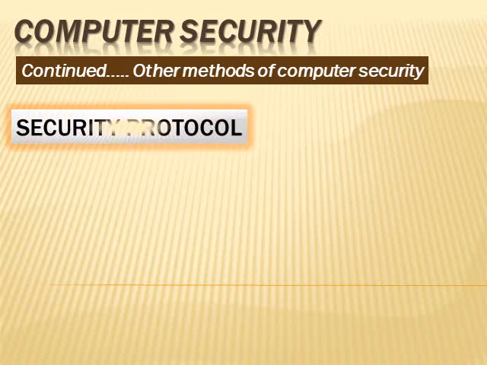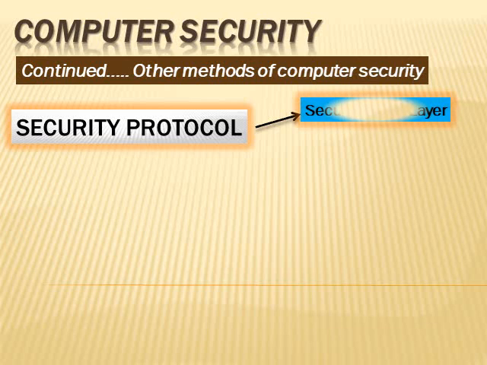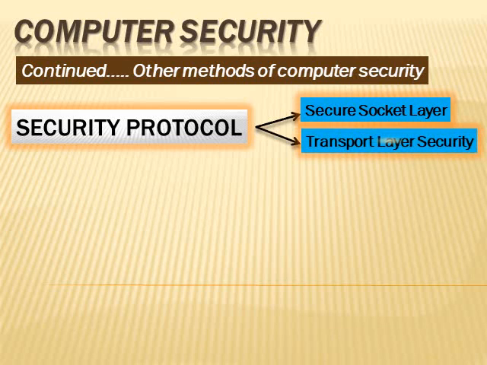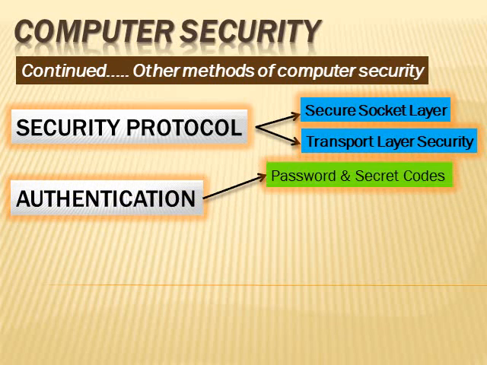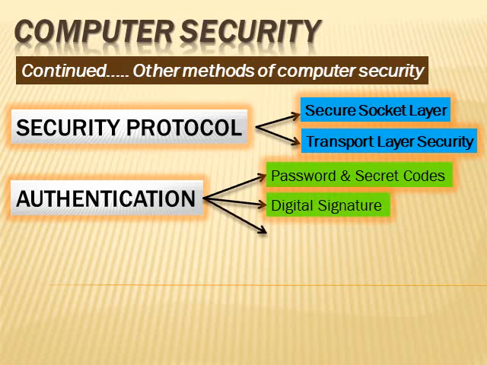The methods are: Number 1, it is called a security protocol. It has 2 types of security. One is secure socket layer, and 2 is transport layer security. Number 2, it is called an authentication method. It has 3 different types. 1 is the use of passwords, 2 is the use of digital signature, and 3 is the use of biometric